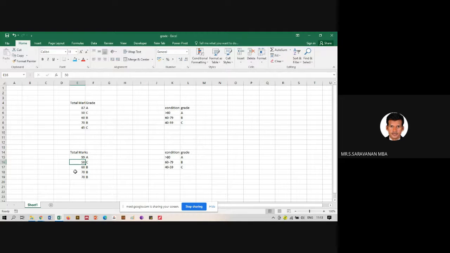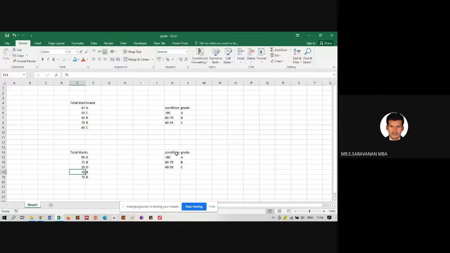Same. 75, B category. 40, C category. 35, D category. Let's take 39. When it reaches 40 now, it automatically changes to C. If it is below 40, it is D category. So automatically it will create its own category. Based on the range of information, you can create it.